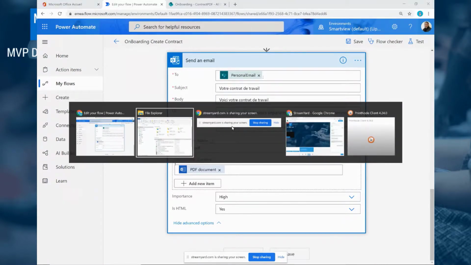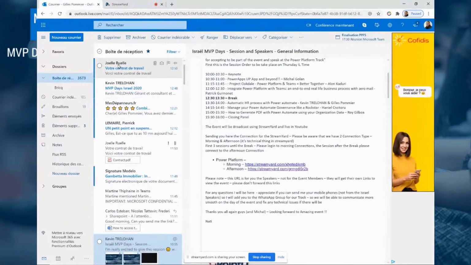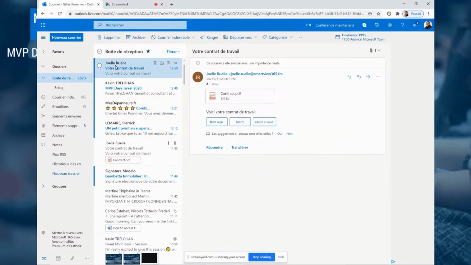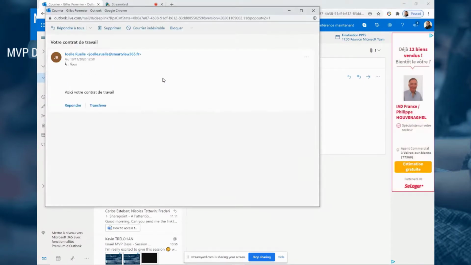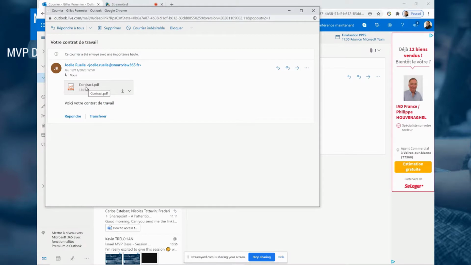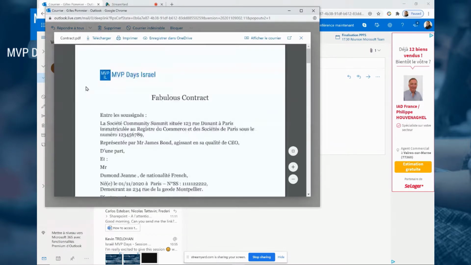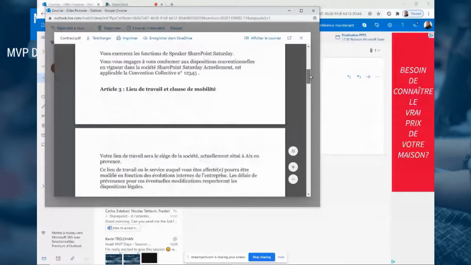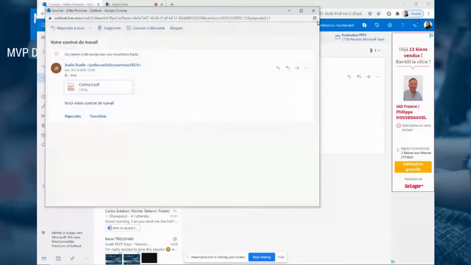If I go back to my mailbox, you see that I have a contract that has been sent to me, and if I click on this contract, I automatically have the PDF file available with all the same information, of course. This contract is in French, but you see the mechanism.